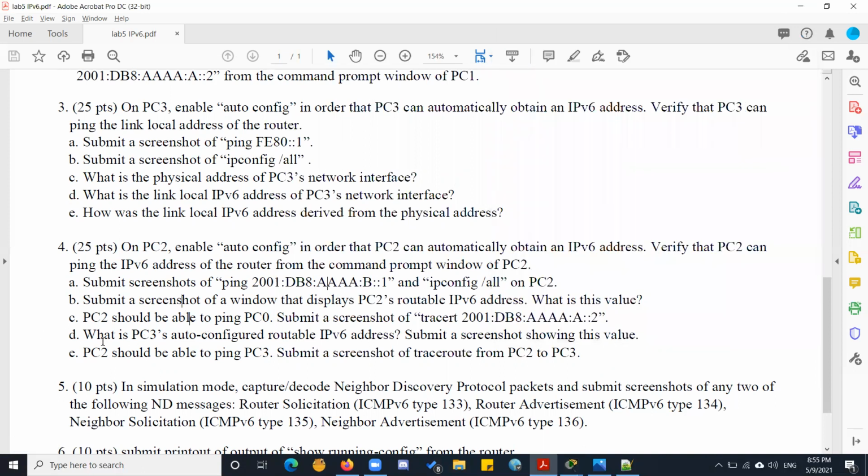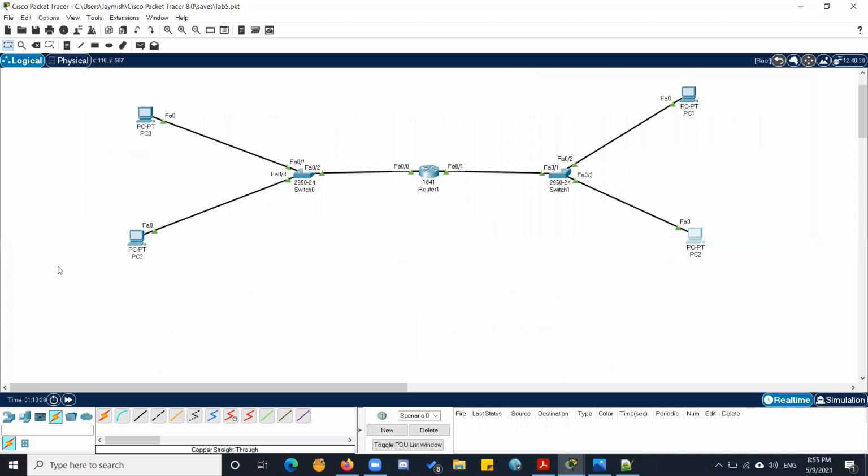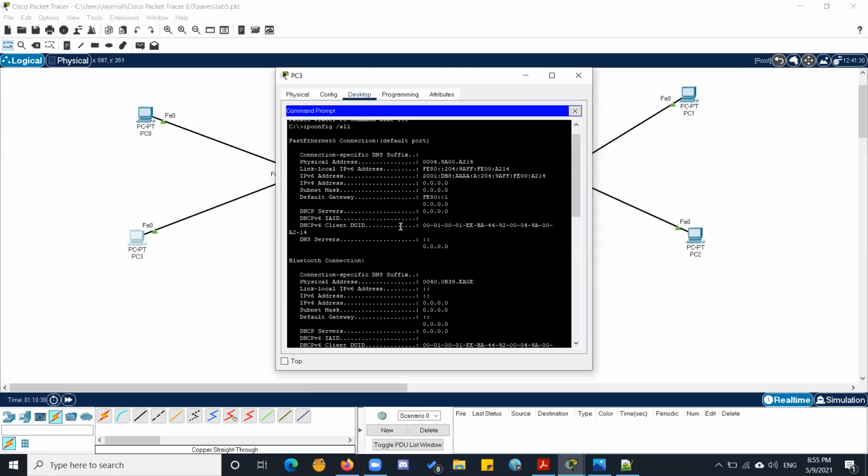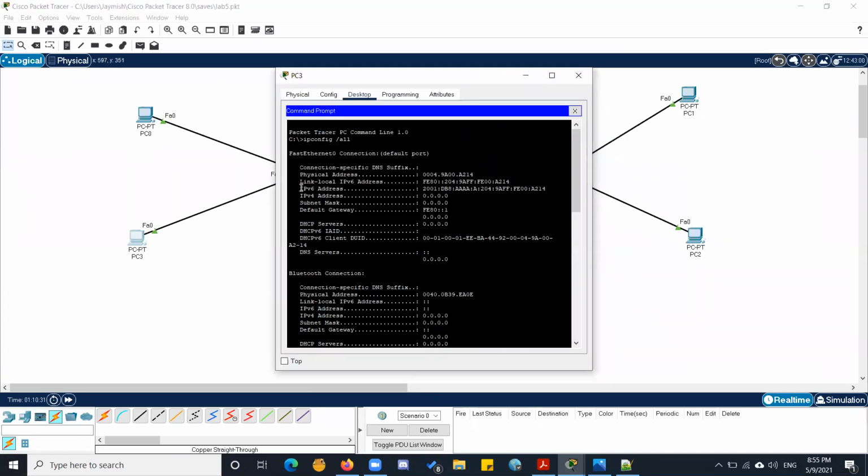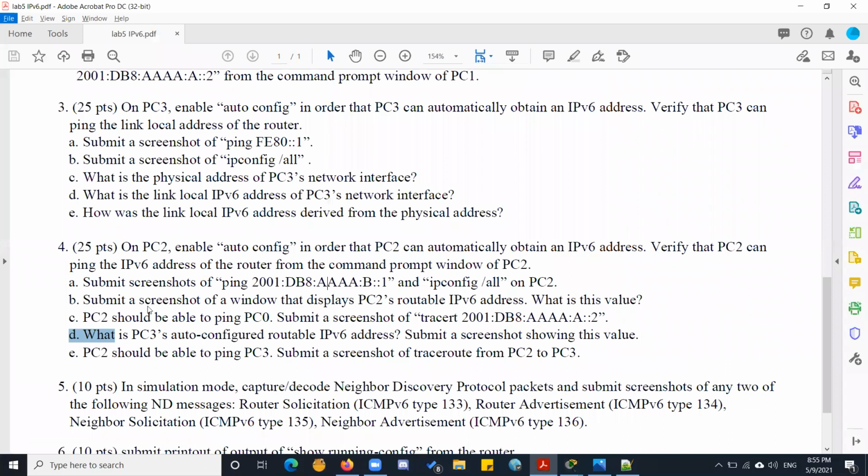Similarly, for D, auto configure a routable IPv6 address on PC3. On PC3 also, we can see over here, this is the routable IPv6. So again, getting back to C,